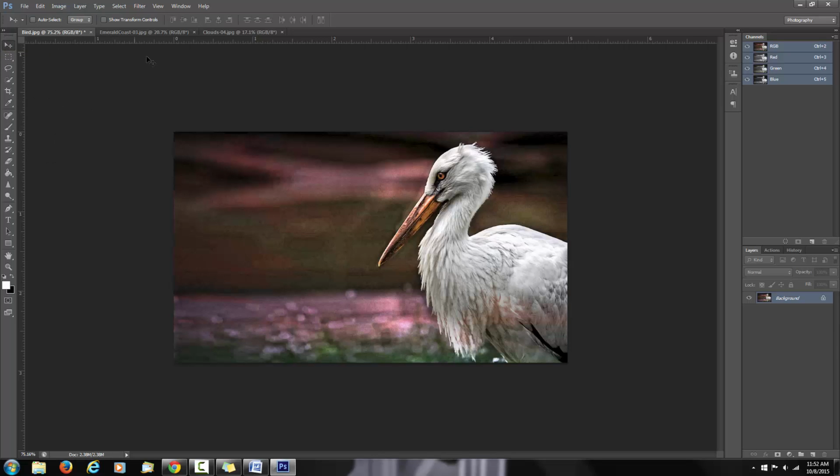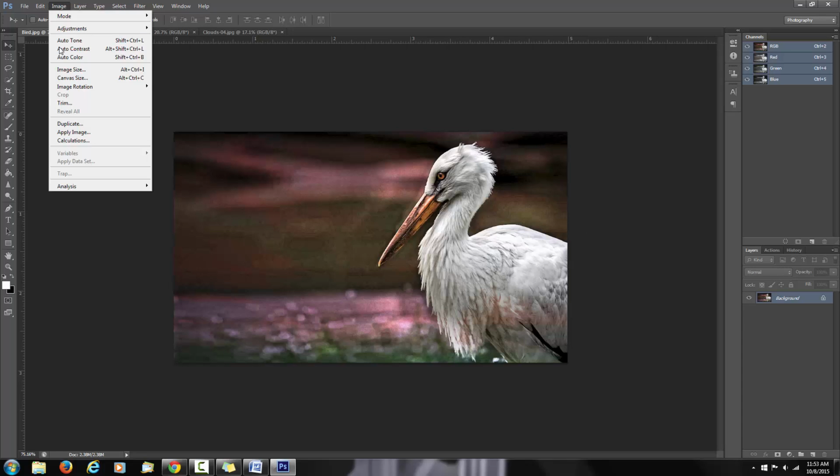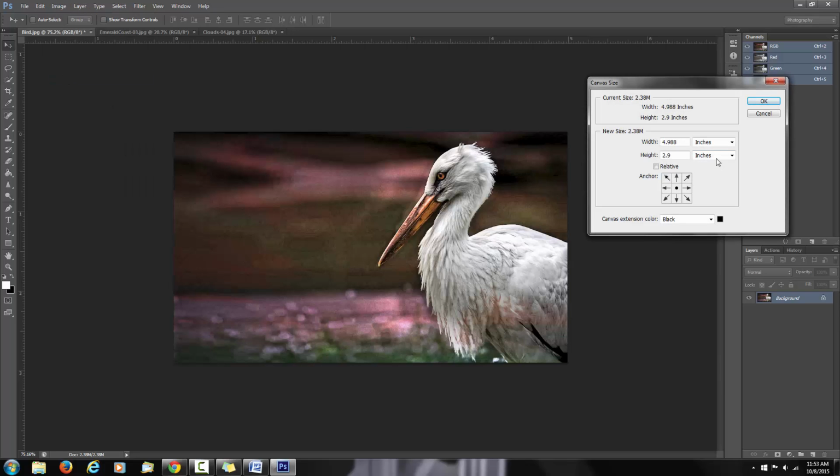Okay, we're going to create what's known as a keyline around this image to kind of finish it off, so that we can present it in maybe a competition or in a gallery or something like that. So I'm going to go up here to Image and Canvas Size, and we see a little box here called Relative. We'll put a tick in that box and we'll change this from inches to pixels. We want our keyline to be about 8 pixels, so we'll do the width 8 and the height 8,